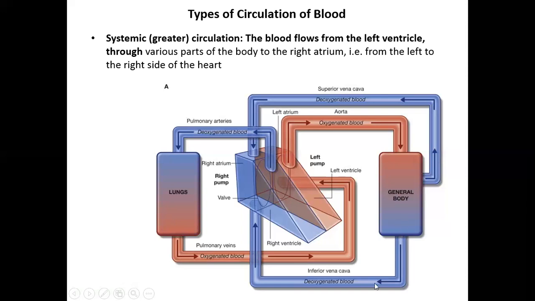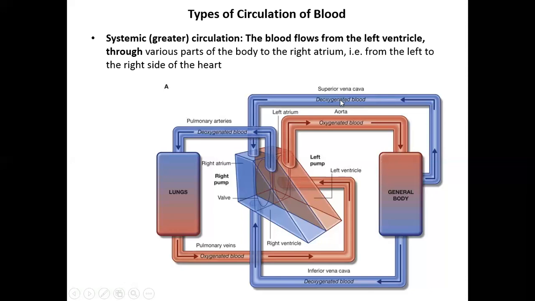From the lower part of the body, the blood drains into the heart via the inferior vena cava. Whereas in the upper part of the body, the same process occurs here. The aorta divides into smaller and smaller branches, capillaries, forming venules, and at the level of capillaries, the exchange occurs, and the blood returns to the heart via the superior vena cava.